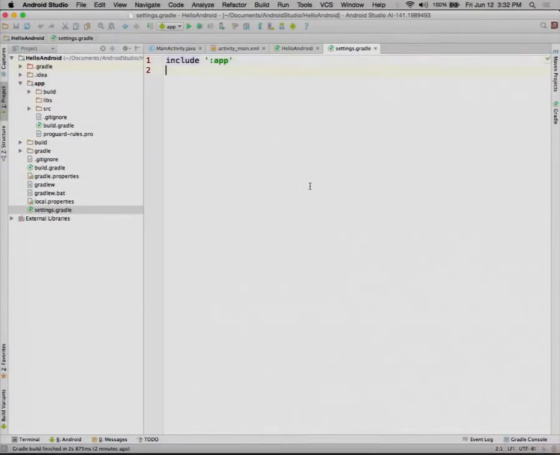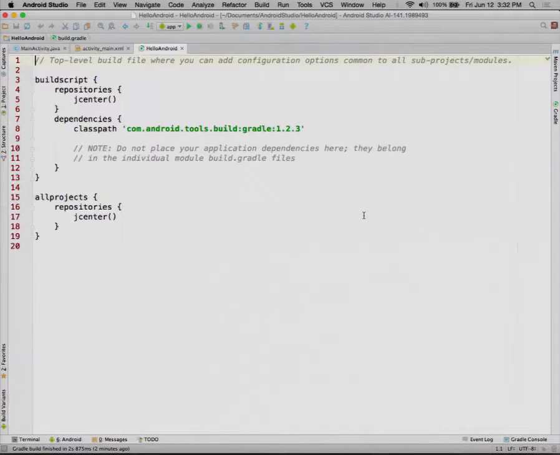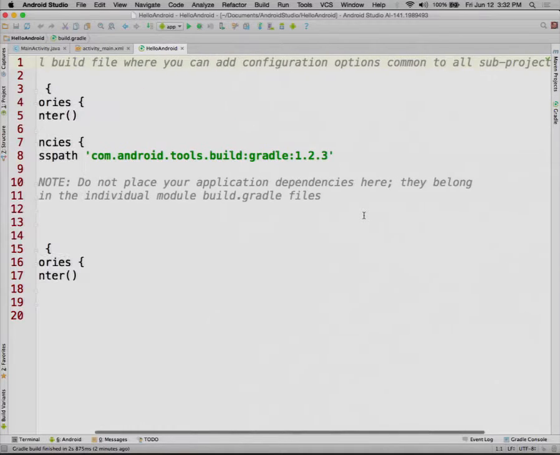If you use an AAR, you ever heard of those? Like there's JARs and WARs and EARs, and AAR is an Android archive. That too is a subproject in this space. So at any rate, that's enough with the settings file. Here is the top level dependency. You make that full screen. I can make that a bit bigger too if necessary.